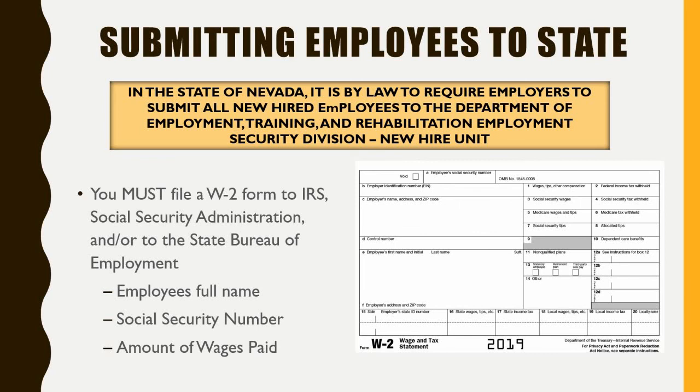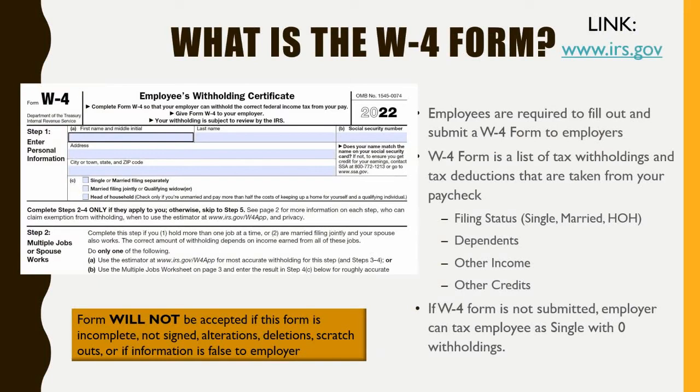So once you file them in here and you let the state know that you have X amount of employees, the second step is to collect W-4 forms for each employee. So what is a W-4 form? A W-4 form basically tells an employer how much income tax to withhold from each and every employee. Every employee is going to have a different circumstance. They might need more money now than later,